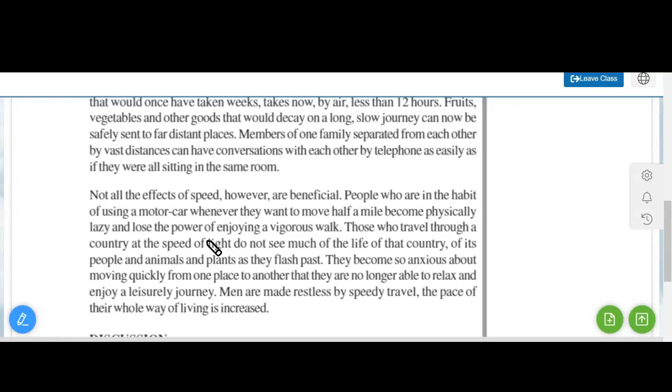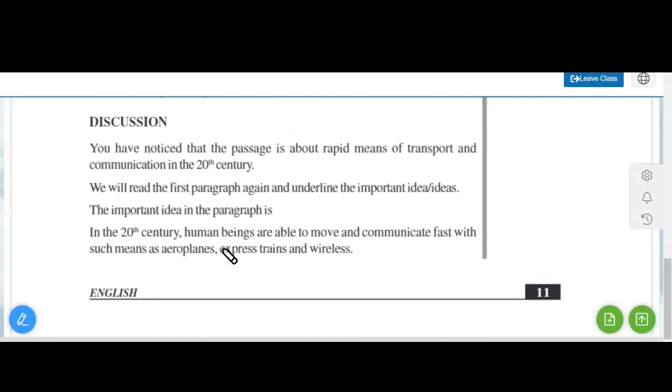But now they have become very busy due to this, and they want to move very quickly from one place to another, as per the author of the paragraph. Okay, let's discuss. You have noticed that the passage is about rapid means of transport and communication in the 20th century. We will read the first paragraph again and underline the important ideas. The important idea in the paragraph is in the 20th century, human beings are able to move and communicate fast